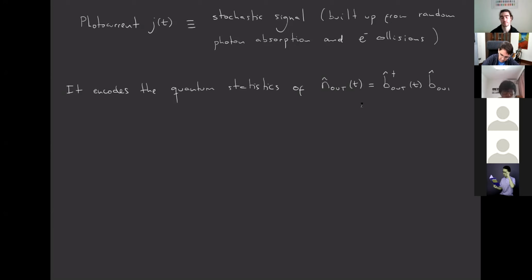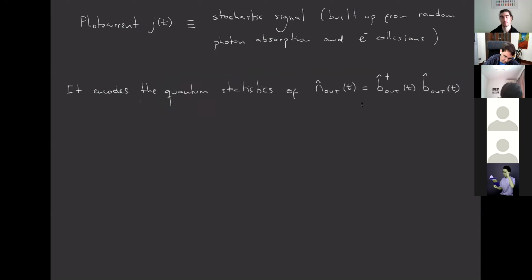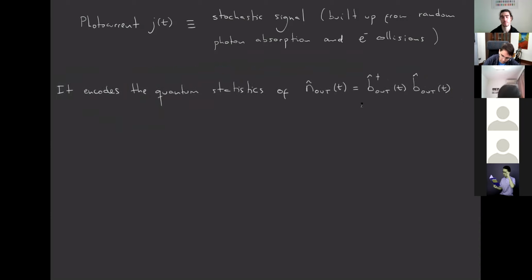So this is why we define the output field as well, because it's the operator that matters in the detection. And in particular, when I say that it encodes the quantum statistics, what I mean in precise terms is that the stochastic moments of this current